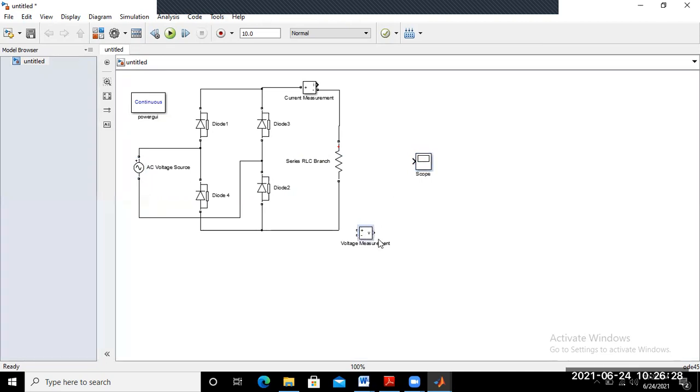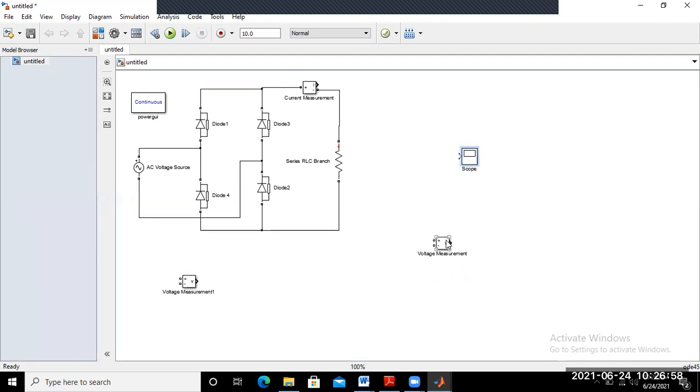Now create another voltmeter from this voltmeter workspace. So just create another voltmeter for the measurement of supply voltage and the measurement of output voltage. One more voltmeter may be required, suppose for the diode voltage measurement, diode 1 to 2.